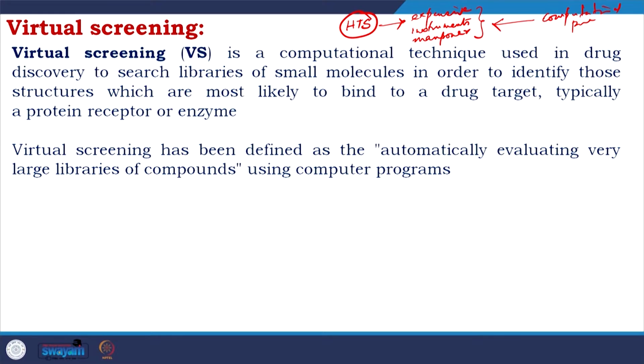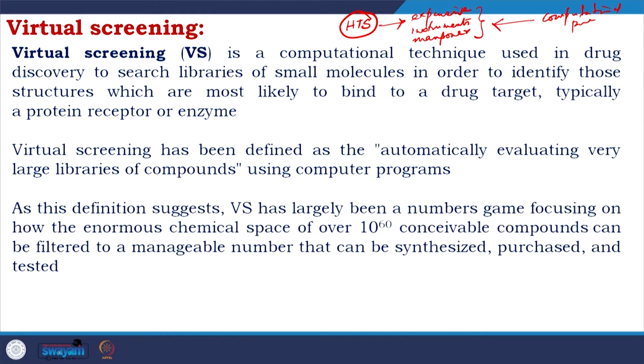Virtual screening has been defined as automatically evaluating very large libraries of compounds using computer programs. As this definition suggests, virtual screening has largely been a numbers game, focusing on how the enormous chemical space of over 10 to the power 60 conceivable compounds can be filtered to a manageable number that can be synthesized, purchased